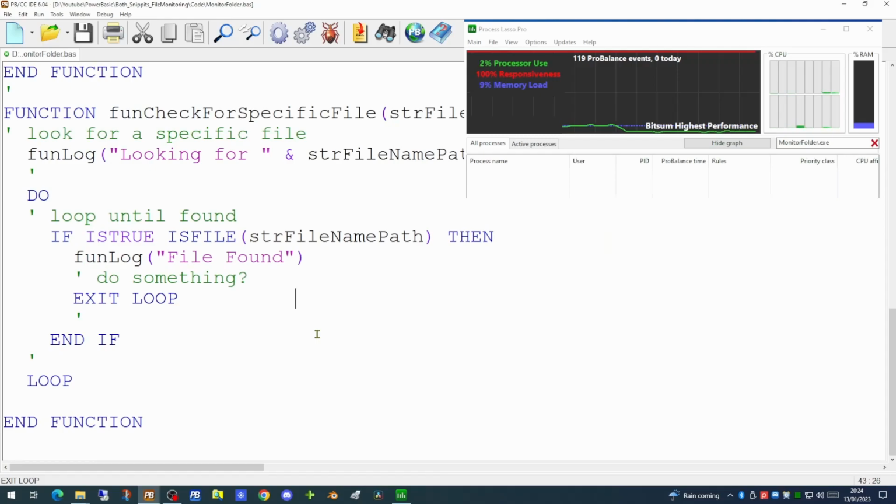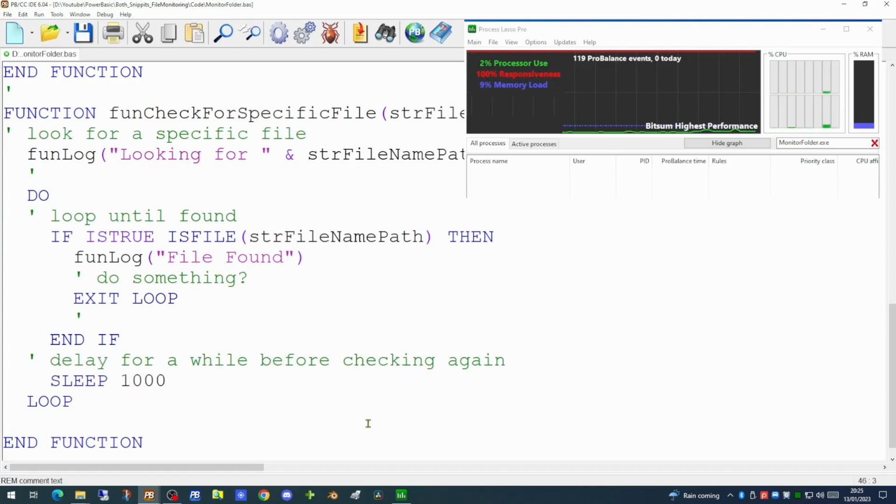The problem at the moment is that the testing for the file, the testing using the isFile function, is running around a very tight loop. There is absolutely no delay, and the computer will be testing for the file every few milliseconds. What we need to do is to put a delay in here. While we want to know when the file appears, we don't have to know it right down to the nearest millisecond. Checking every second or every 10 seconds would probably do quite nicely.